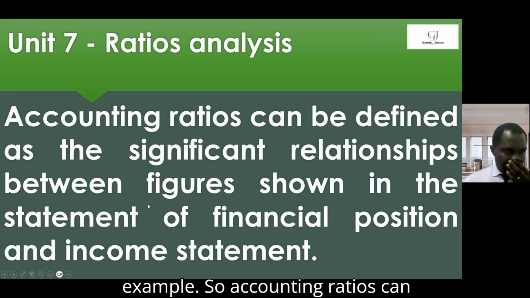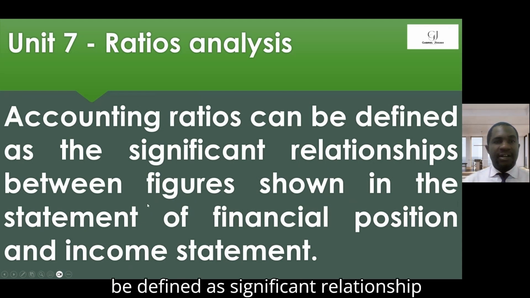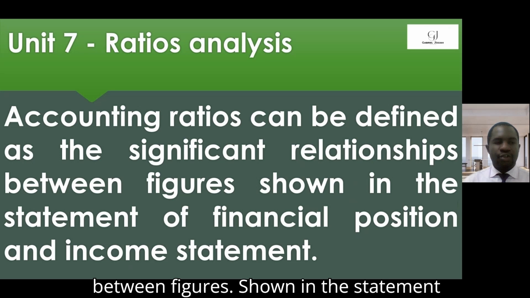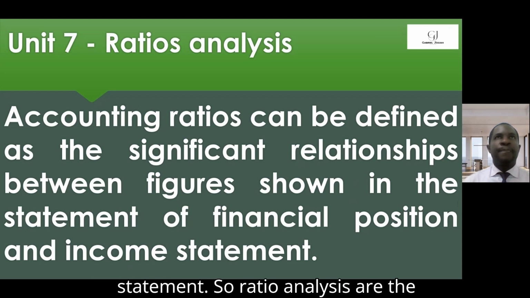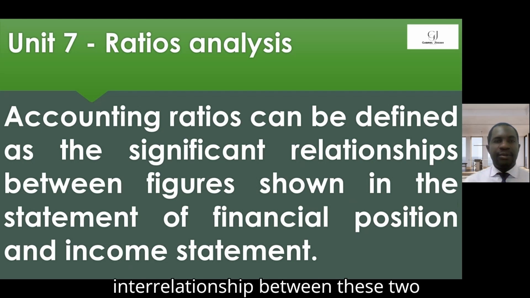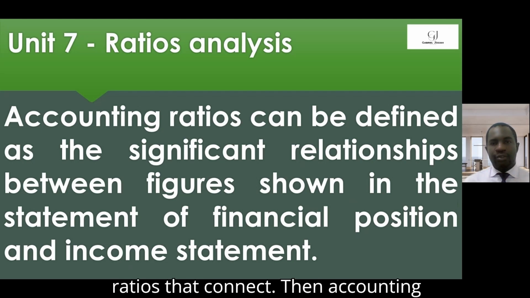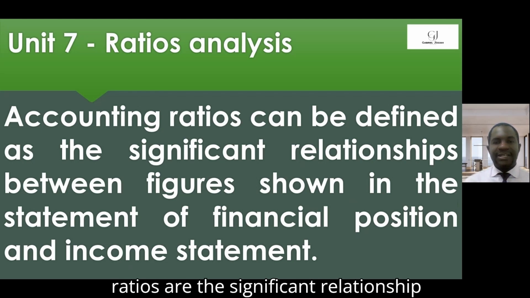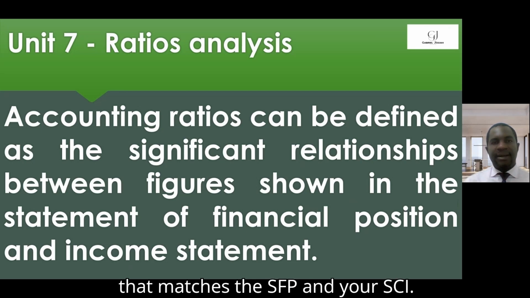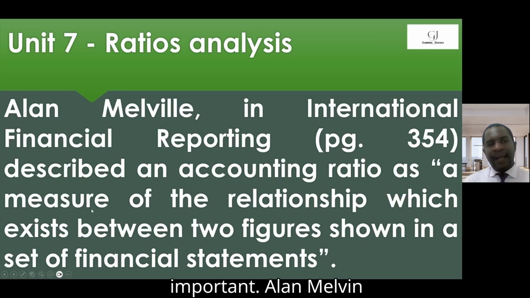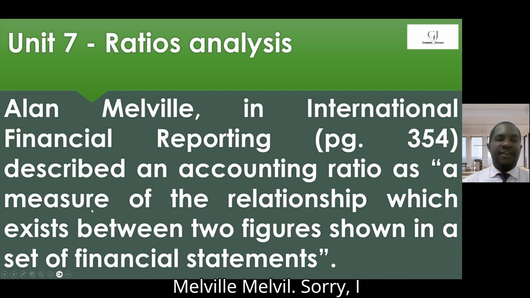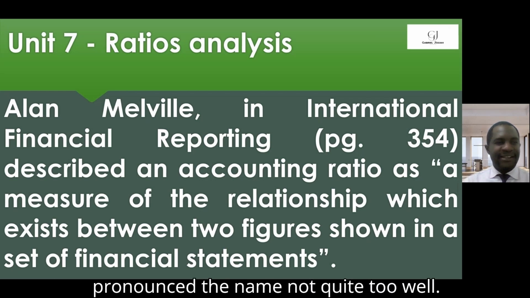So accounting ratios can be defined as a significant relationship between figures shown in the statement of financial position and income statement. So ratio analysis is the interrelationship between these two that connect. And accounting ratios are the significant relationship that matches the SFP and your SCI. So take note of that. It's very important. Alan